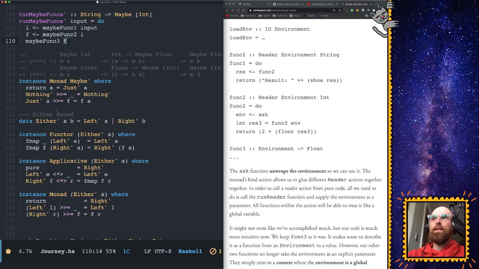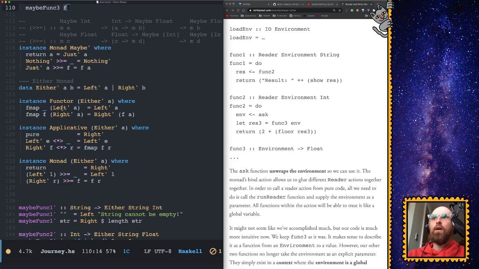Monad maybe. And then we went on to do the either. To do a monad, you have to do it all the way through basically. So when we were going to do an either monad, as soon as we did that, it says I want an applicative, and as soon as we did the applicative, it wants a functor. And then we went over how to make them, and in essence the idea was that these